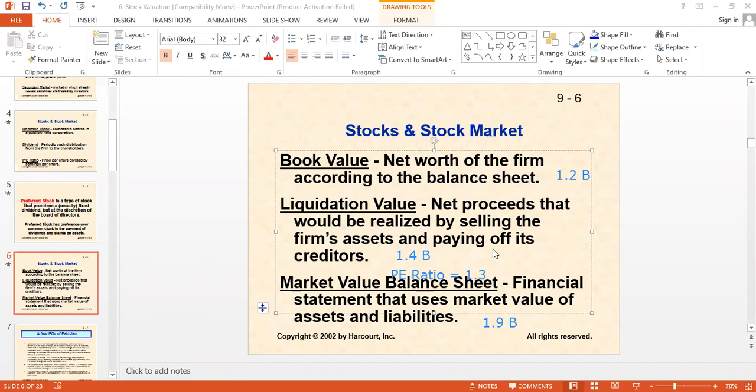But when you come to sell it and you get a buyer, there is a negotiation between yourself and the buyer, and the final price decided was 1.4 billion. So the buyer has agreed to buy your company for 1.4 billion, and you have also given your consent that 1.4 billion is fine. That 1.4 billion between book value and market value is known as the liquidation value. It is the actual amount you will get when you are really selling your company. All right.